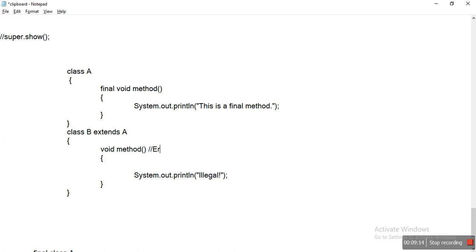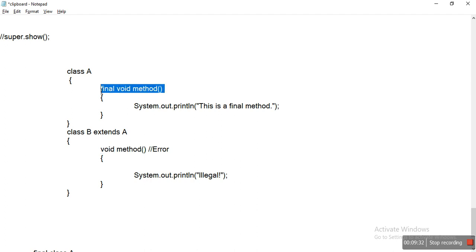This is an error because the method is declared as final, and we cannot override final methods. If we declare any method as final in a parent class, we cannot override that method in a child class. That is the use of the final keyword.